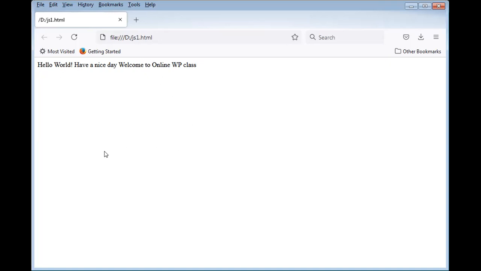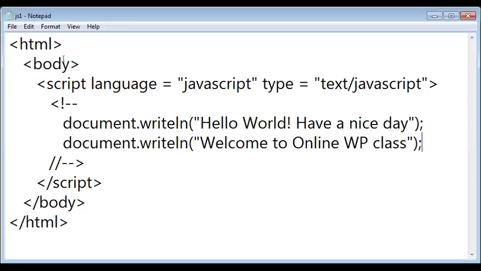Apart from that, you can give any HTML coding you want. There is no restriction. A normal HTML program you can write in this. For example, you want to give a color, BG color equals, I'm giving some hexadecimal color.